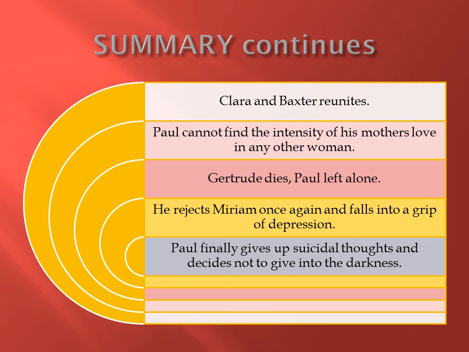Once again, Miriam approaches him to continue their relationship, but he rejects her and he falls into the grip of deep depression. Paul has some suicidal thoughts, but then he gives up such thoughts and he decides not to give in to the darkness. So that's all about a brief summary of